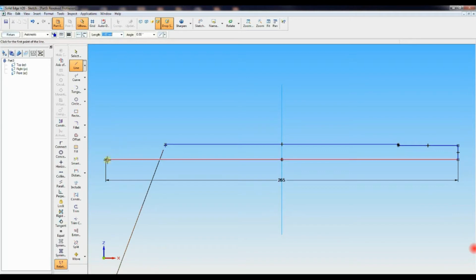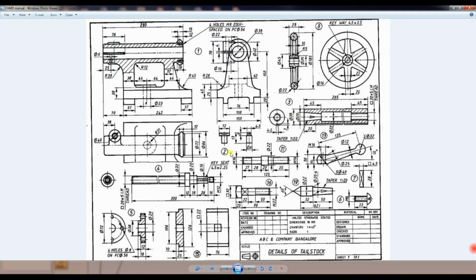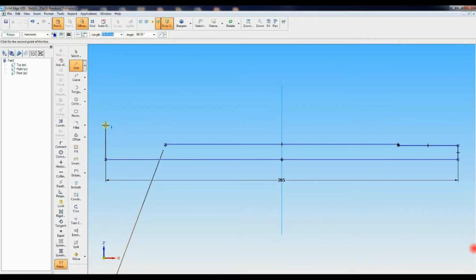Then from the extreme left hand side, you have to draw half of 20, which is 10 mm, vertically. Then from that point, join to the end point of the 2 mm line.